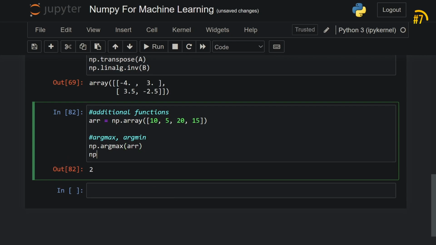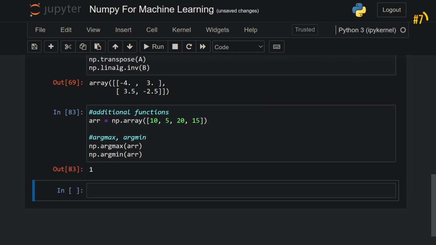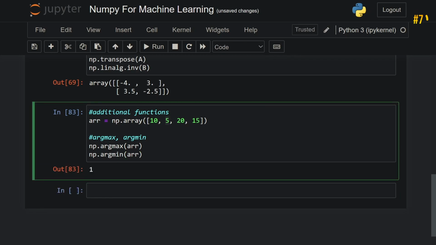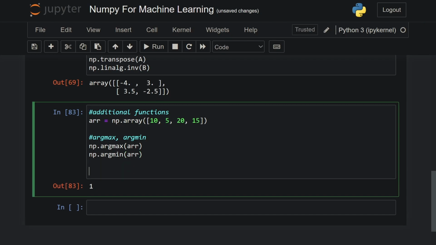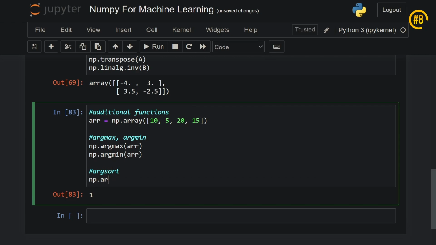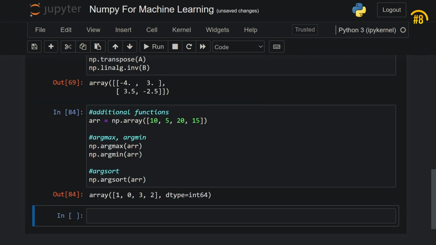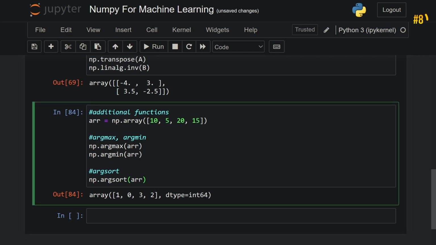Similarly, when you type in np.argmin and then pass in the array, you see that value 5, that is of the index 1, has the minimum value. Now of this sort, there is another function, argsort. When you type in np.argsort and pass in the array, this will sort the given array and then return the sorted indices. So when you run this code, you will see that index 1, being the smallest value, that is 5, and then the index 2, that is 20, has the largest value, and it goes off like that